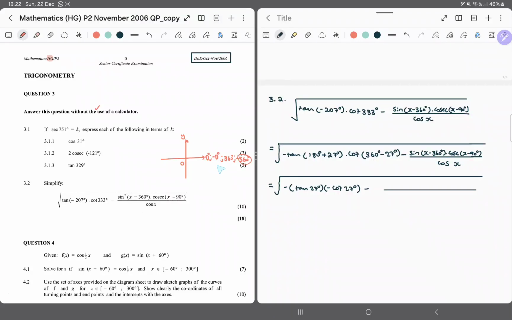So when we are adding the angle, we are going clockwise. So this means we're moving from here to there. Can you see? So that means our terminal arm is effectively in the first quadrant. And what is sine in the first quadrant? It's positive. So this is going to be a positive sine x